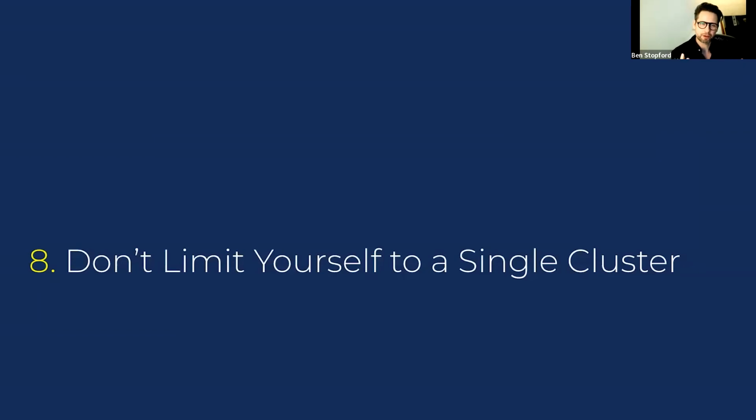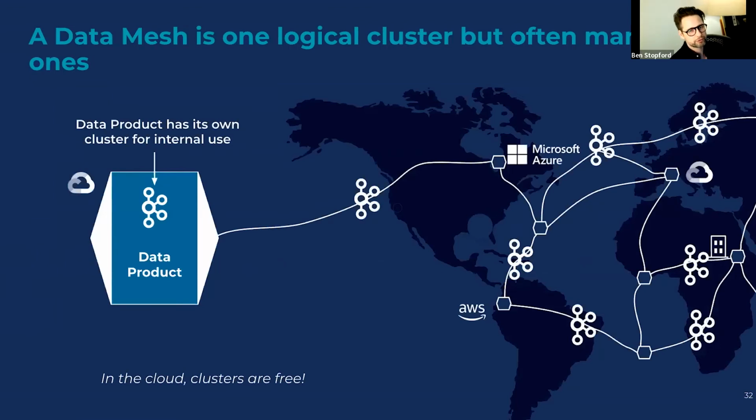So number 8, don't limit yourself to a single cluster. I think a lot of people, when they think about an event streaming system, think about having this centralized Kafka cluster that everything goes through. In practice, that tends not to be the case. People tend to have multiple clusters, and actually, this is changing hugely with the introduction of cloud products, because on the cloud, a cluster is kind of free. It's a relatively cheap entity, or at least certainly if you're using Confluent Cloud, because it's a service implementation of